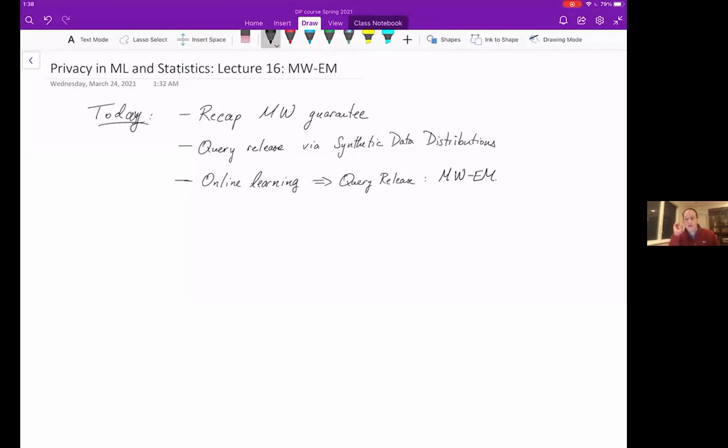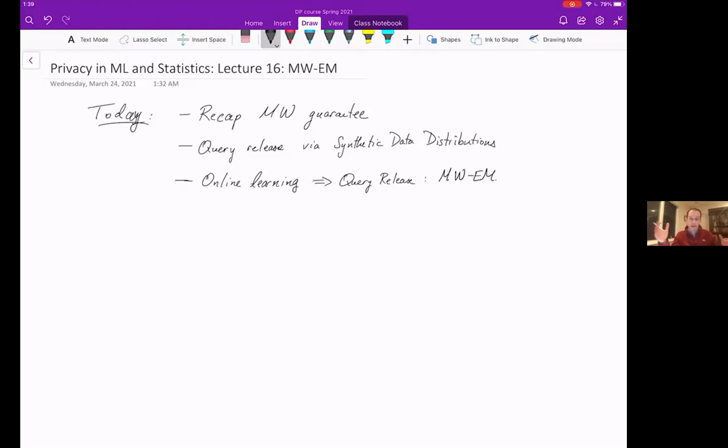So today we're going to start by recapping and somewhat reformulating the guarantee we got from the multiplicative weights algorithm we covered last time. We'll formulate its guarantee in terms of how well it does as an algorithm that decides on distributions over actions, like a vector rather than single actions. Then we'll turn to the query release problem,